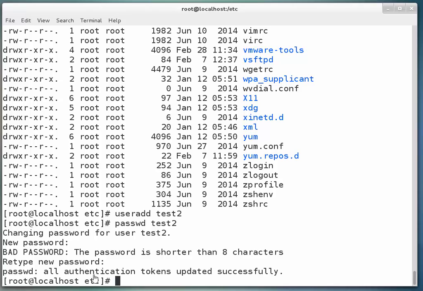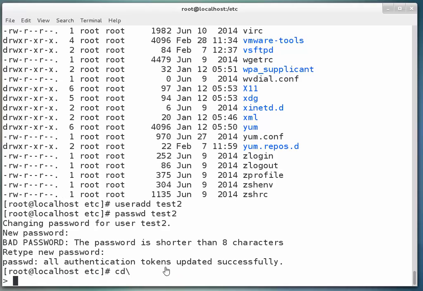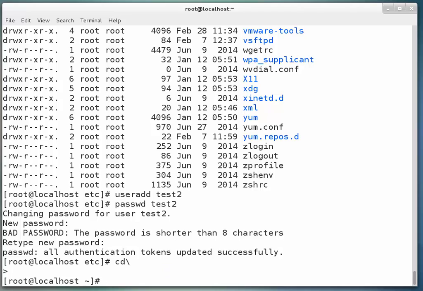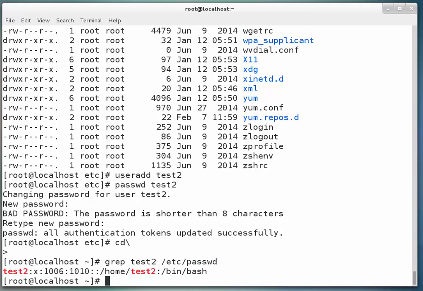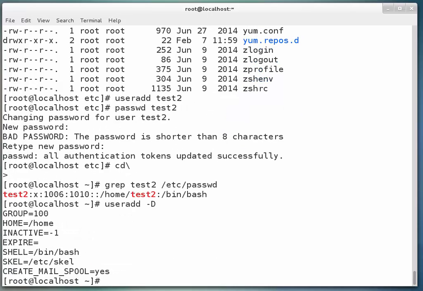I set up the password. Now I can grep for user4 in the password file, and you can see there is an entry for user4. This means that the password is in the shadow file. 1003 is the UID, 1003 is the GID, no comments. /home/user4 is the home directory, and /bin/bash. And the defaults that the useradd command has just used are displayed here, which means that by default, January 1970,